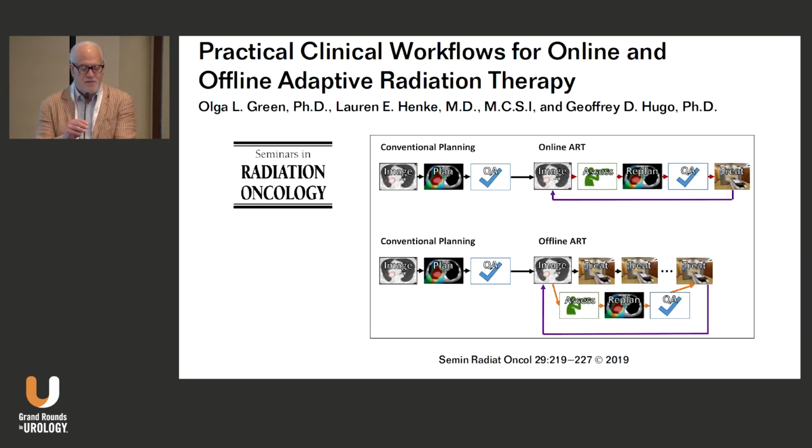So this is just a schematic from a review article in Seminars in Radiation Oncology, practical clinical workflows of online and offline adaptive radiation therapy. And again, it just summarizes graphically what we do. So it's basically conventional planning. As I said, we're taking images, we're generating a plan. And for those that aren't radiation oncologists, using what's very common now,